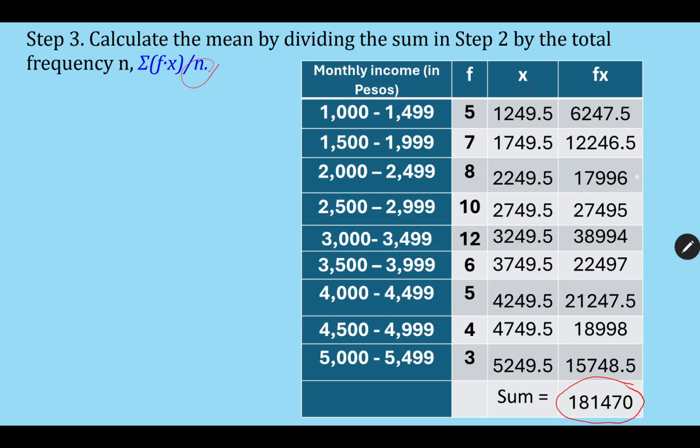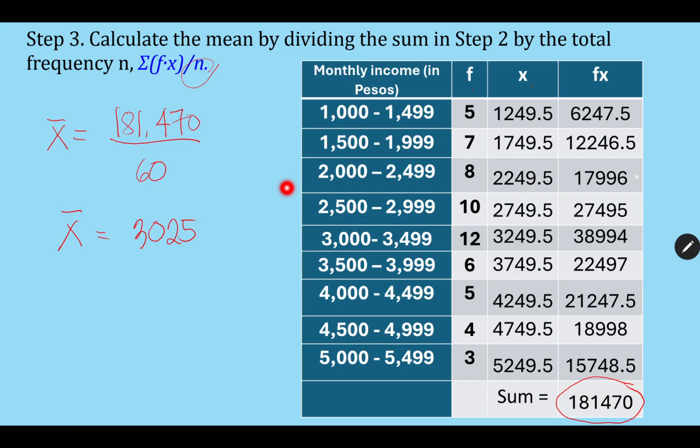So here we have our mean would be equal to 181,470 divided by the n of 60, giving us a value of mean would be 3,025. Okay, so we have the mean is equal to